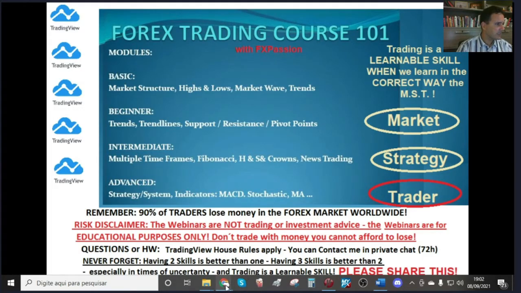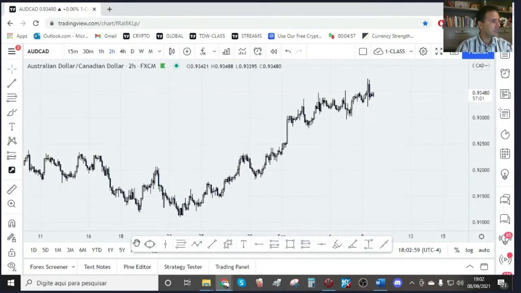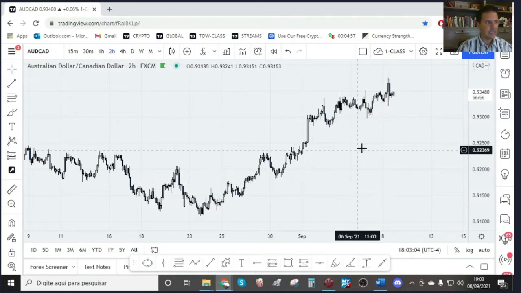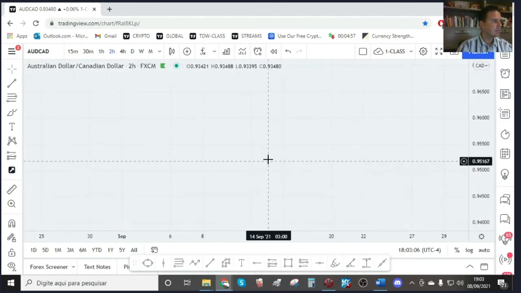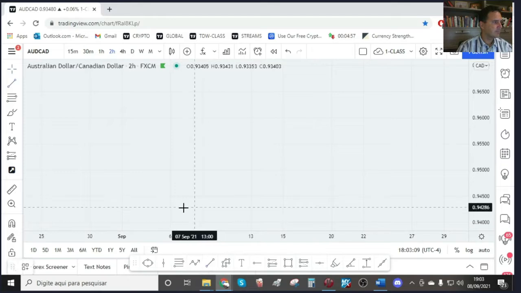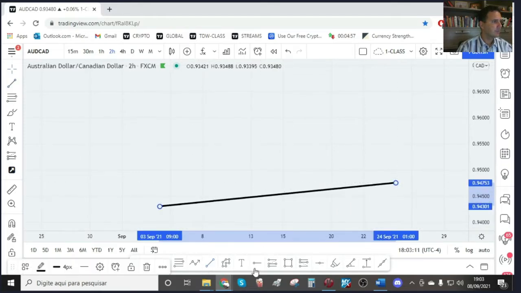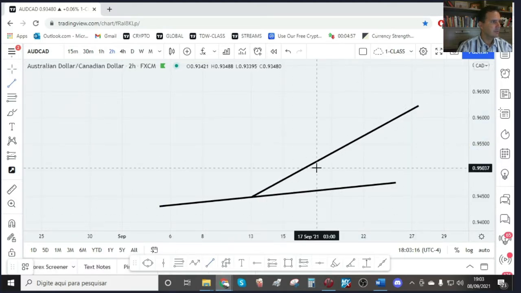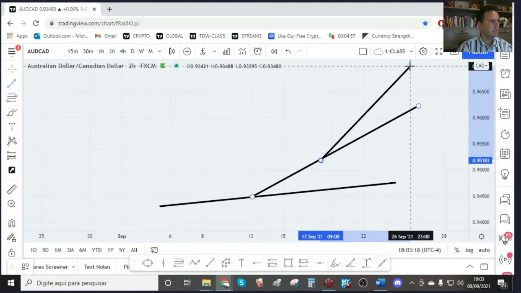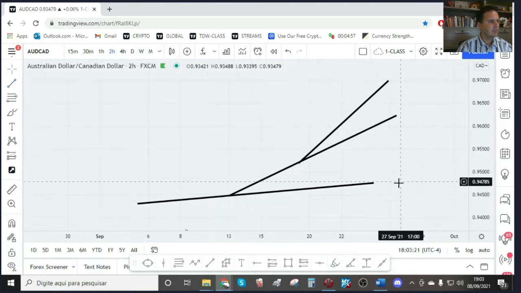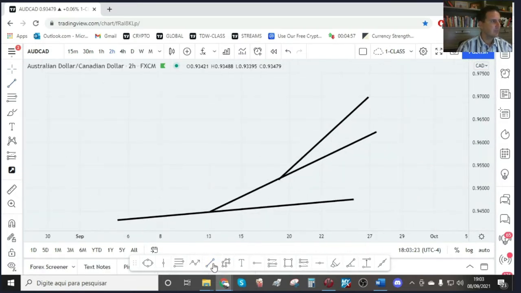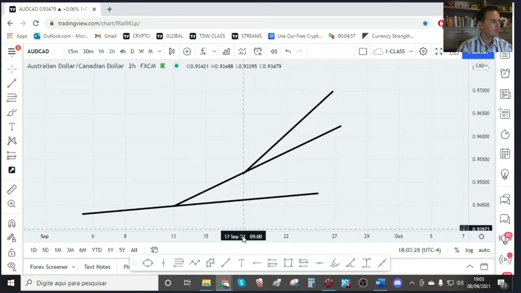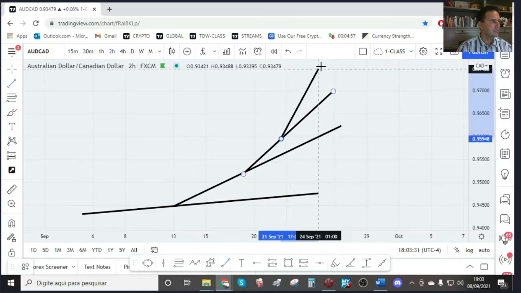And that being said, let's jump into the charts. So the 3 trend lines every time frame has. Every time frame on every currency pair could have a minimum, there is no maximum, but could have 1, 2, 3, 4, 5, whatever trend lines. So today we're going to talk more about trend lines.